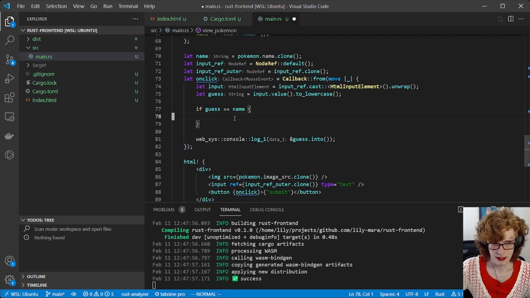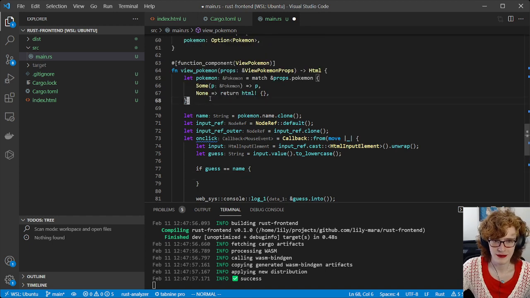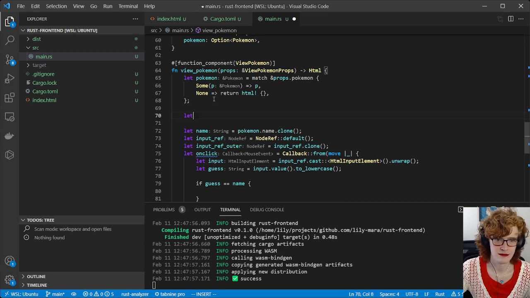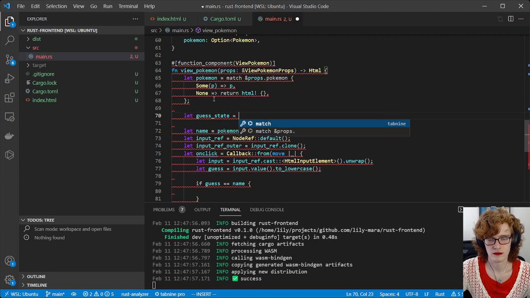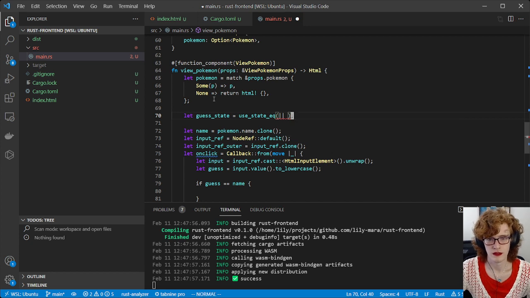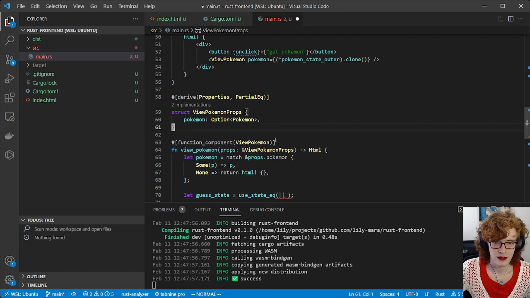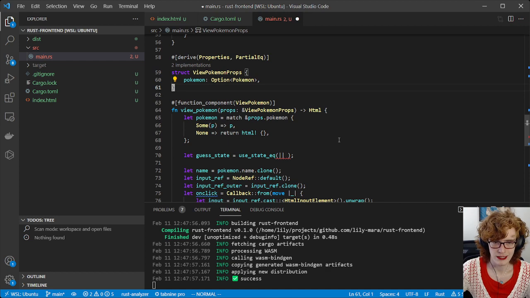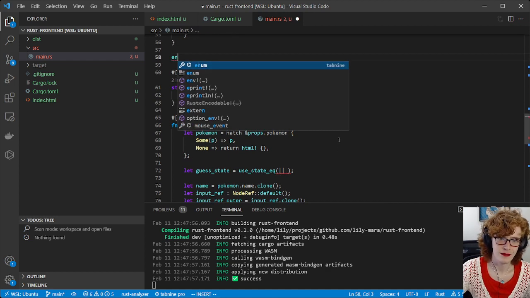Now, if the guess is equal to the name, we need to do something. And if it's not equal to the name, we need to do something else. What is that something? Well, we actually need an extra piece of managed state in order to handle that. But what kind of state are we going to use? We're actually going to create another custom type for this. We're going to create an enum this time